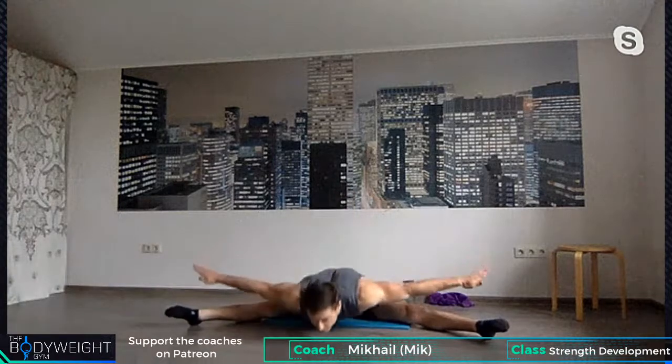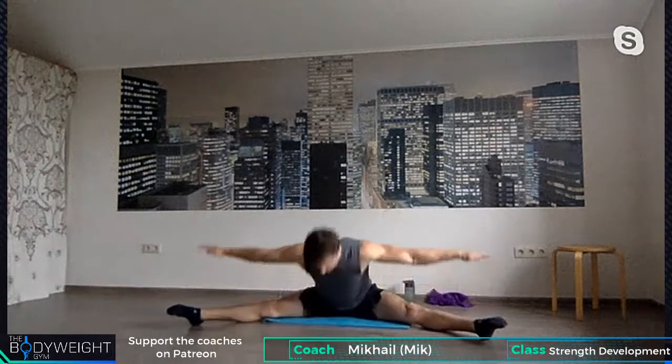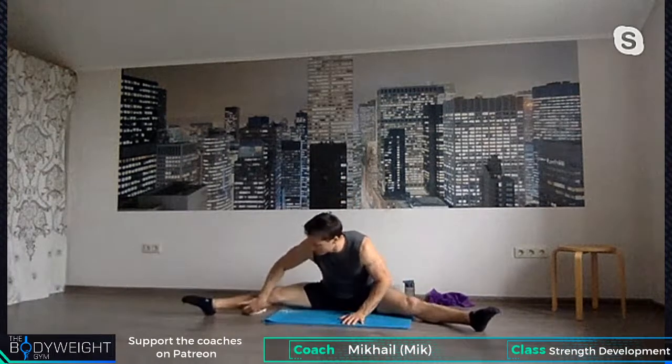9, 8, 7, 6. Squeeze your thighs as much as you can. Really, really tight. 5 more times. 4, 3, 2, and 1. And now you're going to completely relax your legs, relax your thighs, and lean your body forward